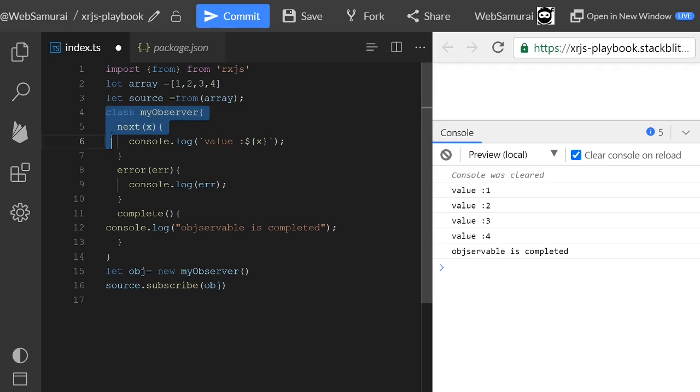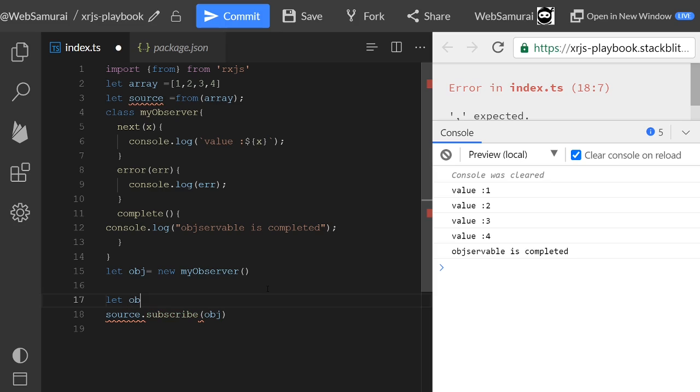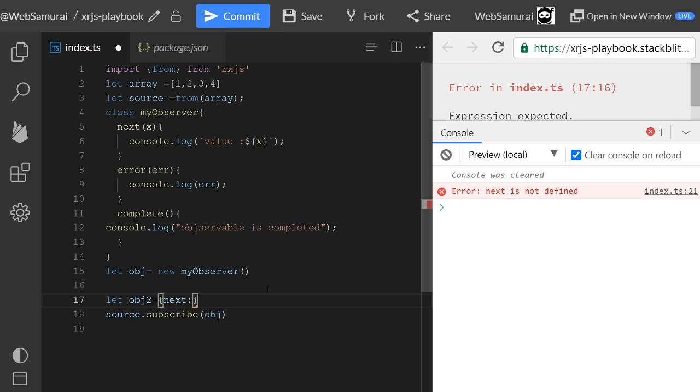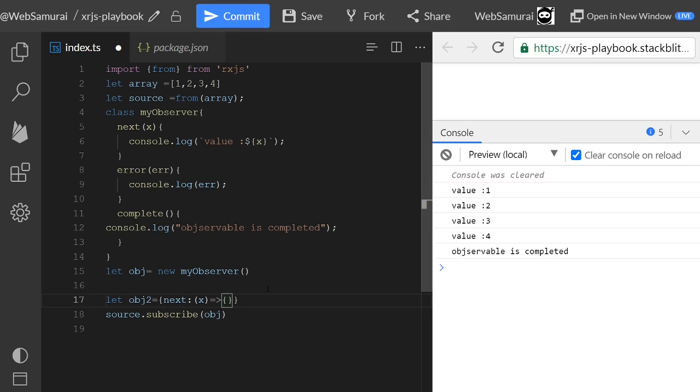There is also a simpler way to create the observer, by just passing an object to the subscribe method. Let's create one object, obj2, with the same methods. next takes an argument x and simply logs the information to the console.